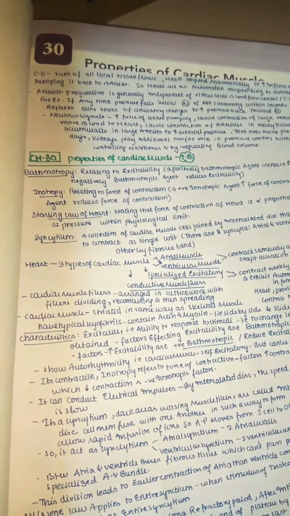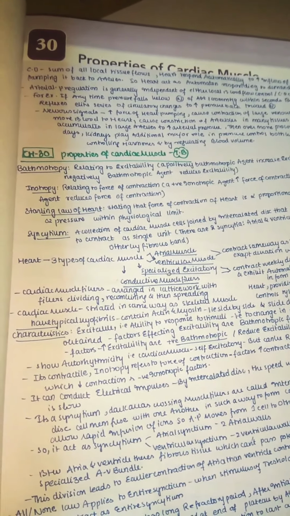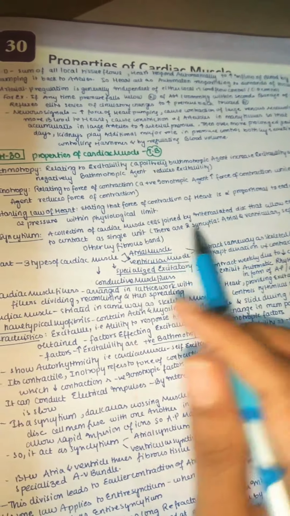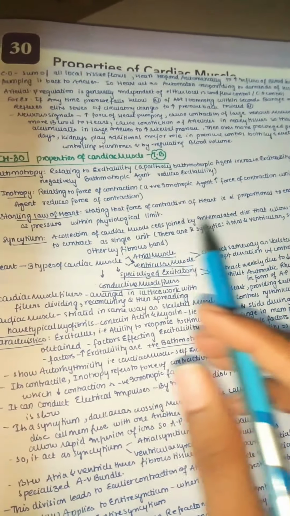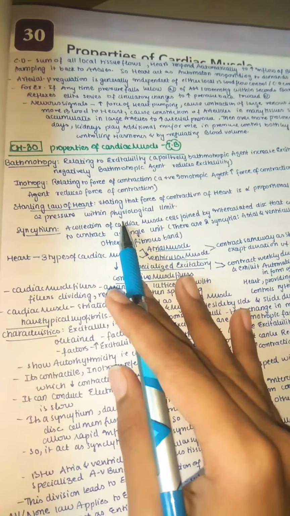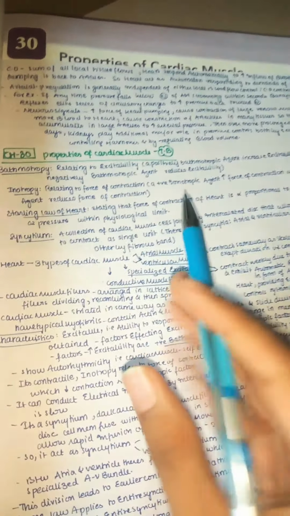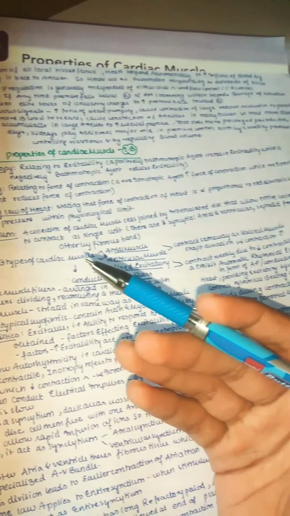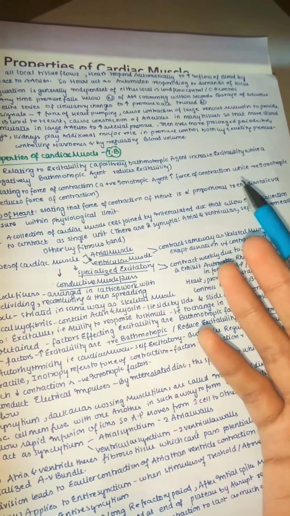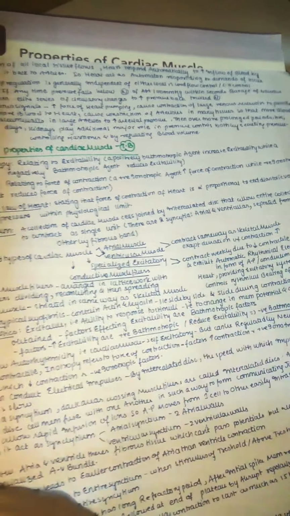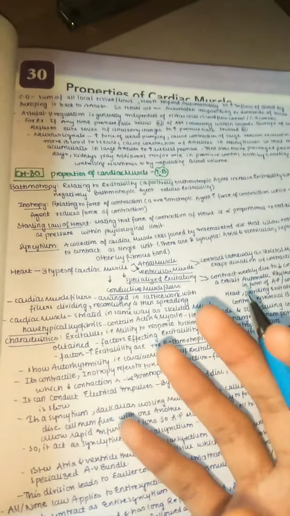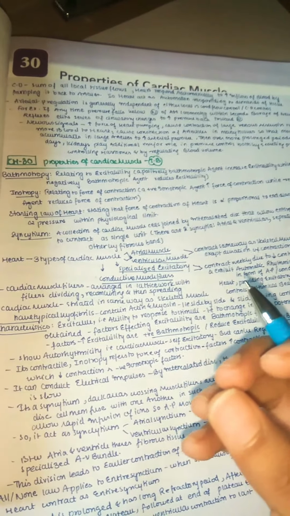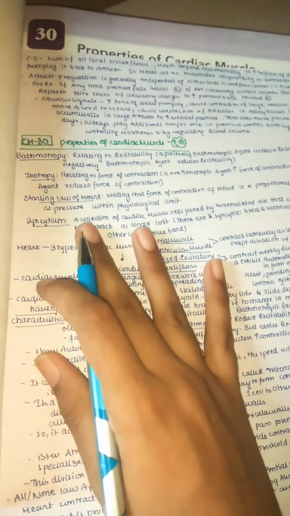Now let us see the Frank-Starling law of the heart, which is very important. This mainly states that the force of contraction of the heart is always directly proportional to the end diastolic volume and the pressure, within its physiological limit. That is, the force of contraction is directly proportional to the end diastolic volume. End diastolic volume means the amount of blood already remaining in the ventricle. We'll see all those in detail in our lesson.